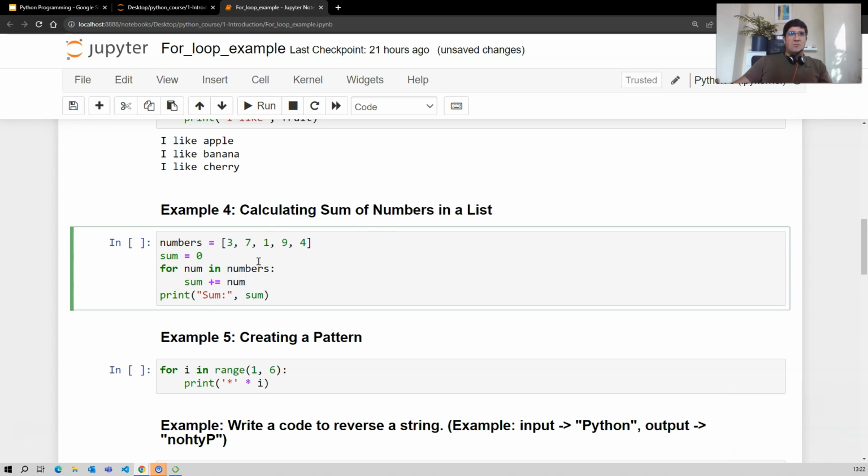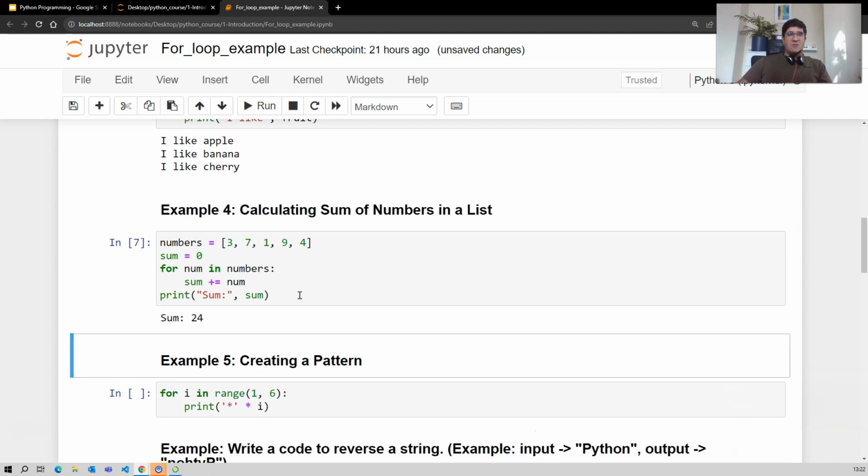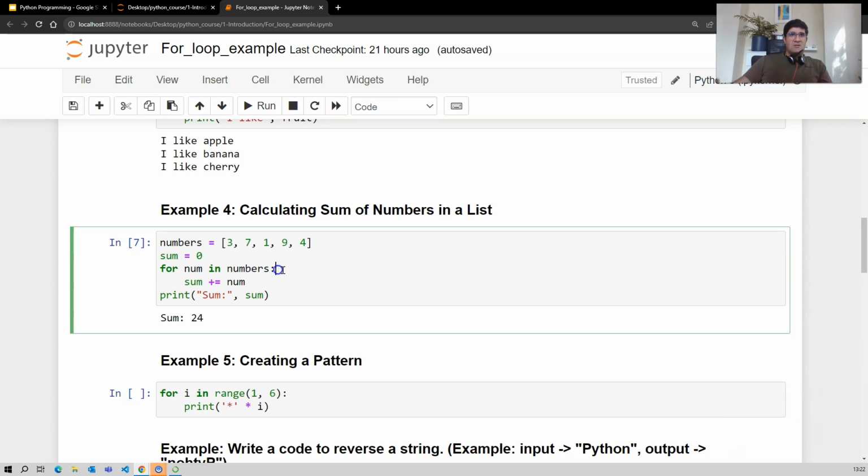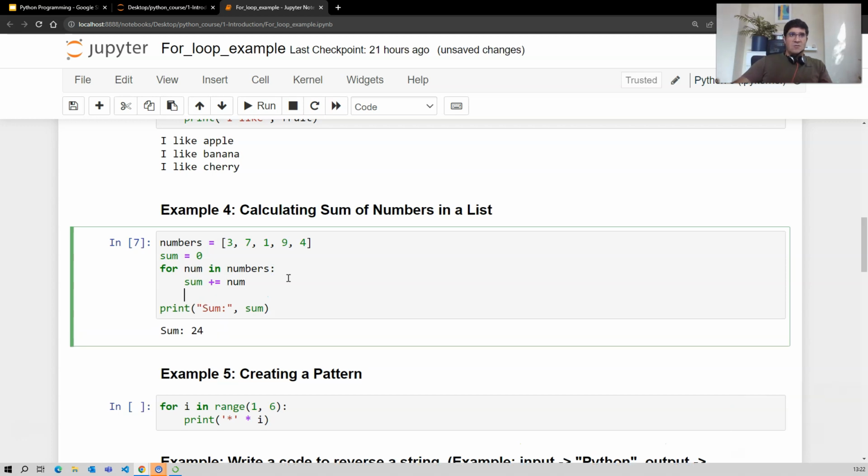Calculating the sum of the numbers, if you remember, we explained that one, how to calculate the sum of the numbers. For example, in this case, every time we select one of these numbers and assign it to the num, and then calculate the sum. So if you'd like to see all the steps, what you can do is print the information every time. So for example, we can say